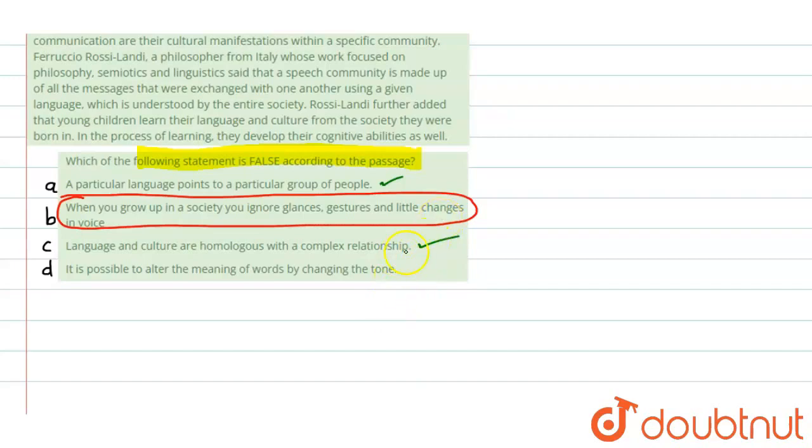Yes, just by changing the tone, you can alter the meaning of the word which is said. ठीक है, सो इस क्वेश्चन का राइट आंसर क्या है? It is option B. शुक्रिया।